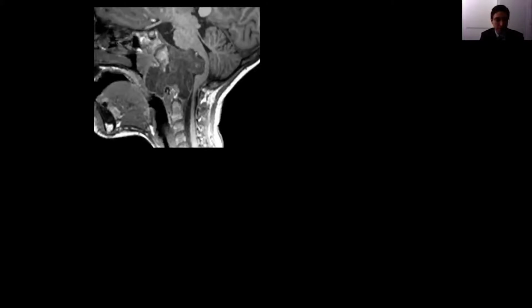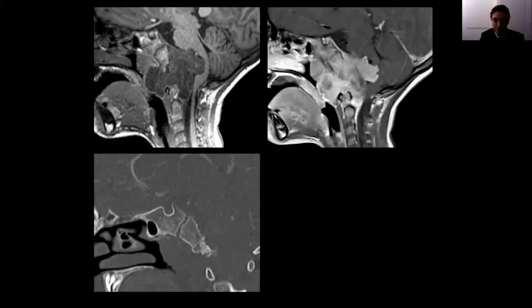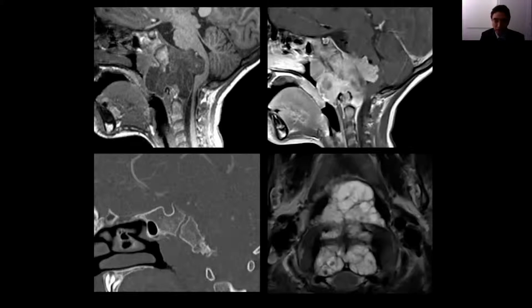This is a case of a 10-year-old girl who presented with concern of a mass in the nasopharynx, and we can see on this pre-contrast T1 weighted image, this large destructive mass centered at the tip of the clivus, extending to the posterior fossa. On the sagittal T1 post-contrast image, you can see the erosive change and the destruction of the inferior aspect of the clivus. There is avid enhancement, and on the axial T2 weighted images, we see that the lesion is very, very bright